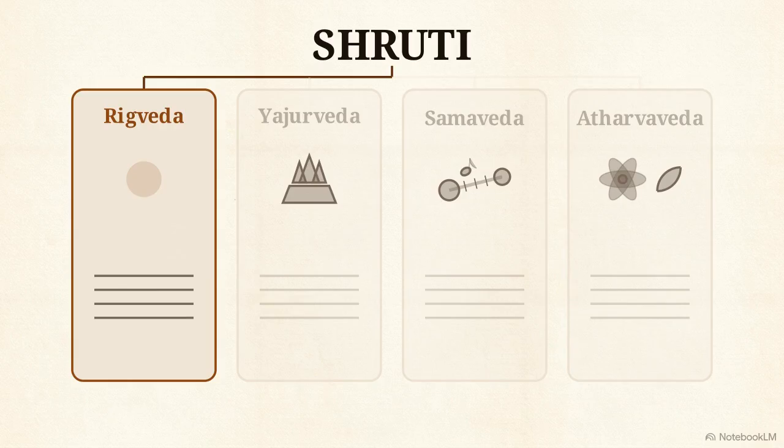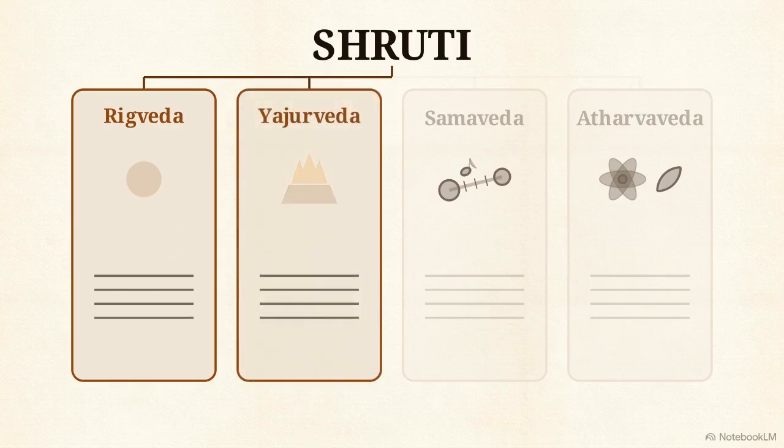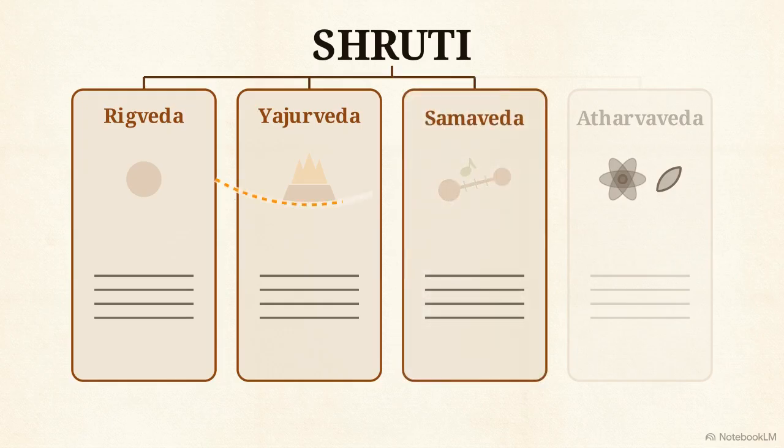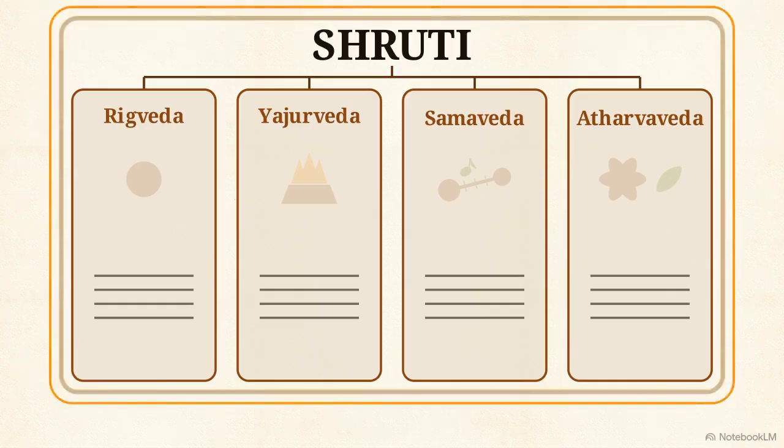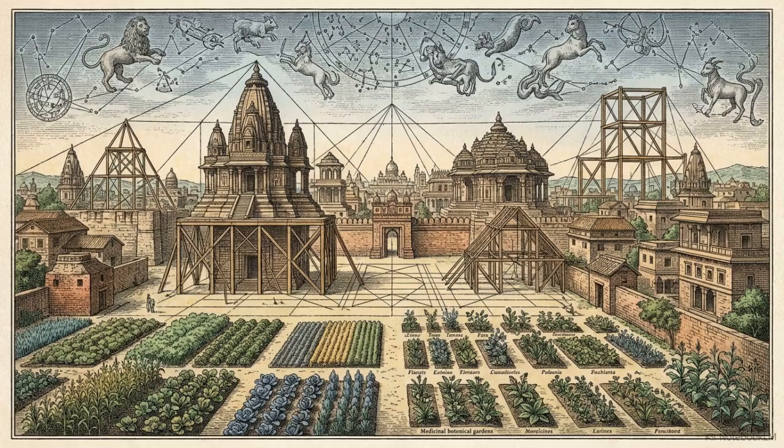The second pillar is the Yajurveda. This functions as the operational rulebook for conducting rituals and sacrifices. The third is the Samaveda, which takes those root mantras and structures them into musical, chanted expressions. The final pillar is the Atharvaveda, which applies Vedic knowledge to the mechanics of daily life, including science and medicine. Collectively, these four pillars act as a complete toolkit for ancient civilization, covering everything from cosmic law to physical survival.